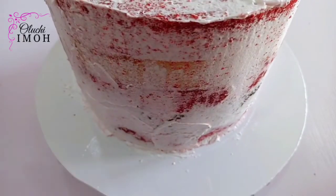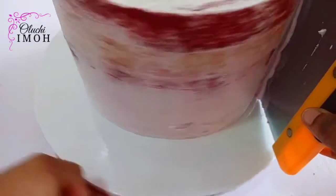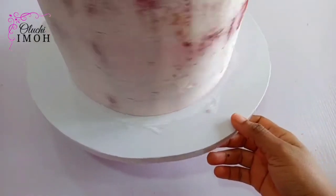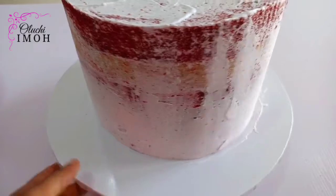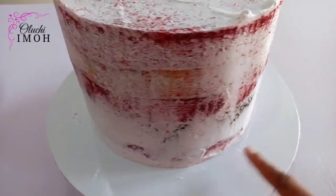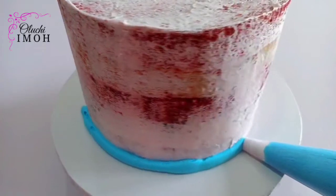So I've just brought it out from the freezer after some minutes. I can't remember how long I kept it for now, so I'm just going to scrape, and you can see that it's better. If you look at the base, you can see that it's flush now and I have a better result. So that's one way to hack your cake, just in case you miss your trimming. This is what it looks like now. Okay, there are some little spots left that I'm just going to quickly fill before I start the frosting. These spots, I'll just fill them quickly, and then I'll go right ahead to start frosting the cake,